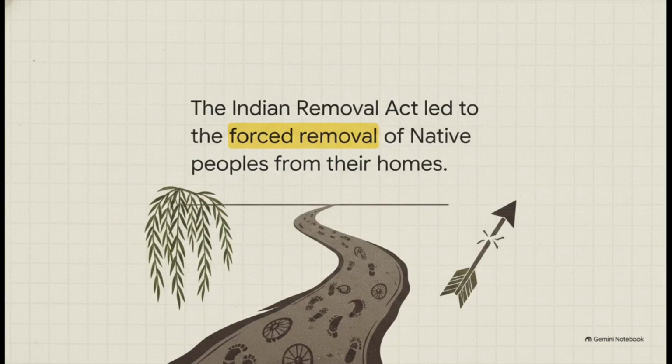But we really need to pause here for a second, because that rapid expansion came at a devastating human cost. You see, those Western lands were not empty. Under policies like President Andrew Jackson's 1830 Indian Removal Act, Native American nations were systematically ripped from their ancestral homes. Thousands of people suffered and died on brutal, forced marches, which we most notably remember today as the Trail of Tears. America was growing incredibly fast, but the human toll was simply catastrophic.